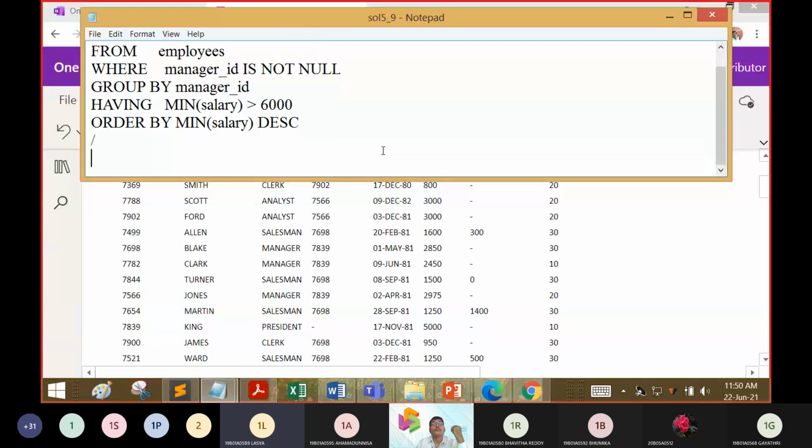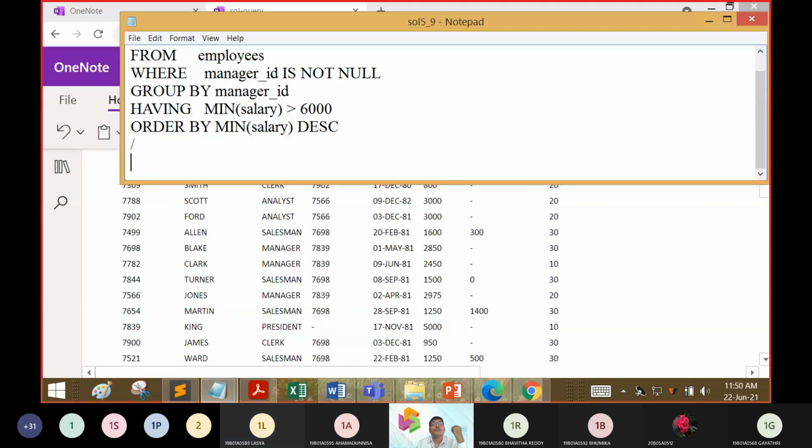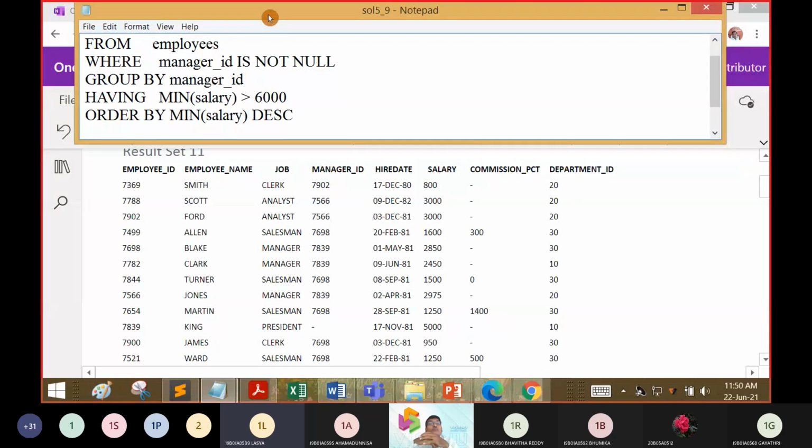Okay. Manager ID should have a value, sir. Should not be null. Next, we have to group all the manager IDs, where the minimum salary in that group has to be greater than 3,000. And the output should be printed in descending order.